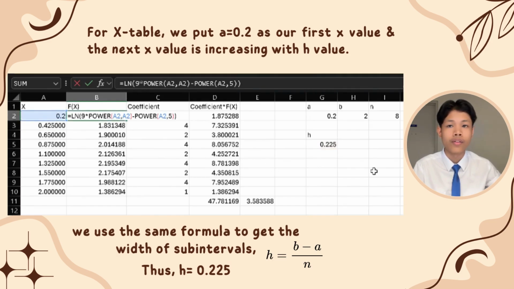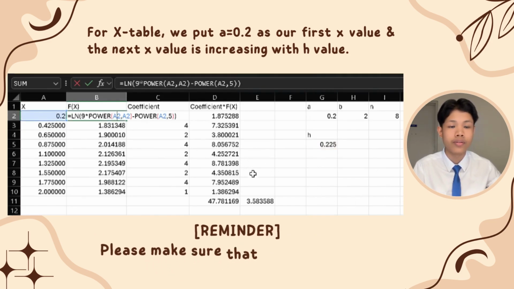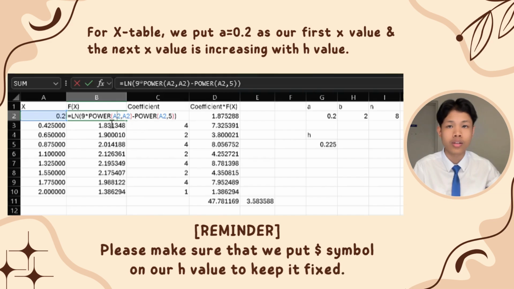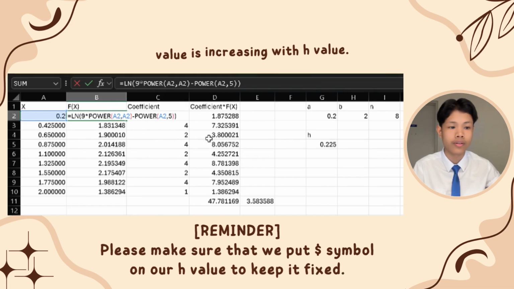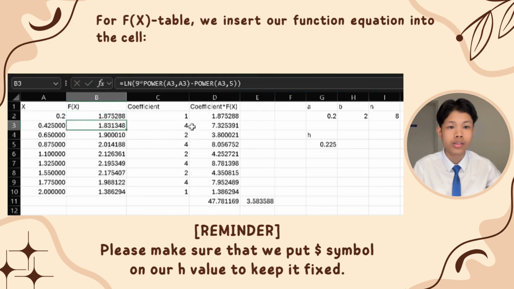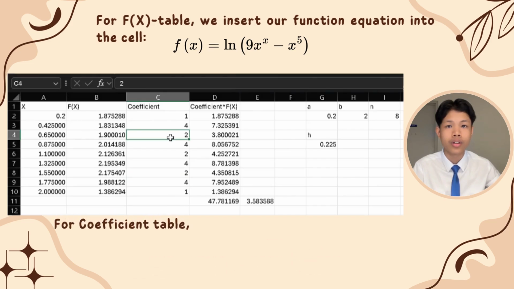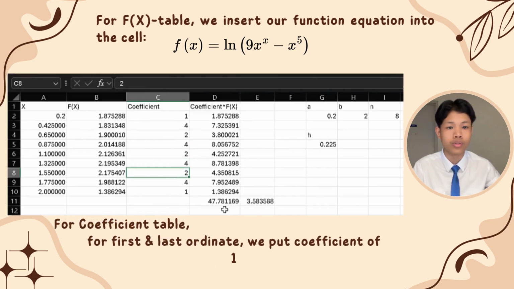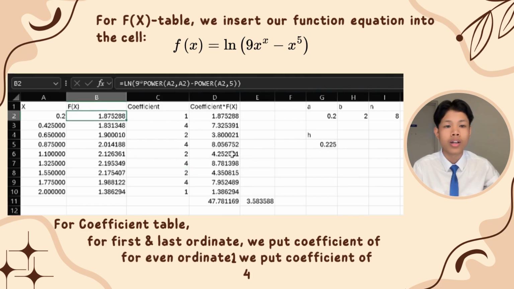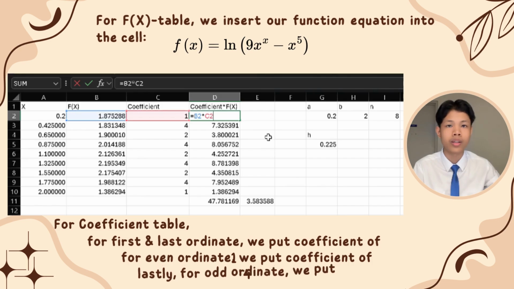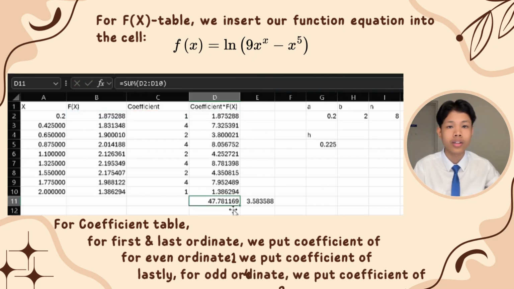For fx table, we just insert the function equation, which is ln 9x to the power of x minus x power of 5. For coefficient table, for the first and last ordinates, we put the coefficient of 1. For even ordinates, we just put coefficient of 4. And lastly, for the odd ordinates, we put coefficient of 2. Next, we multiply fx values with coefficient values, and we sum it and got